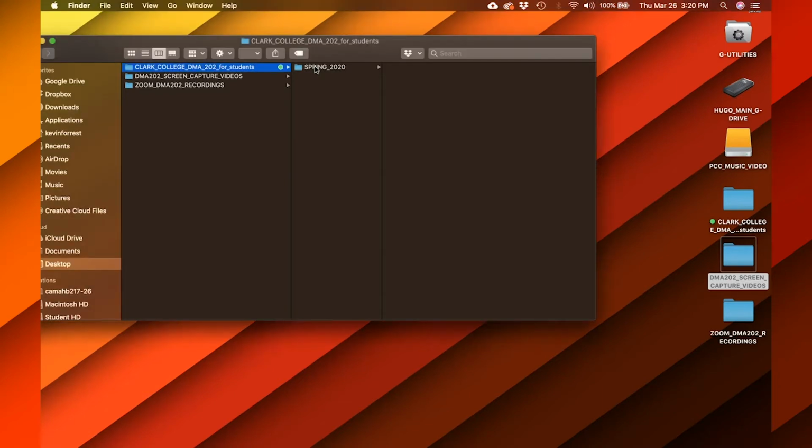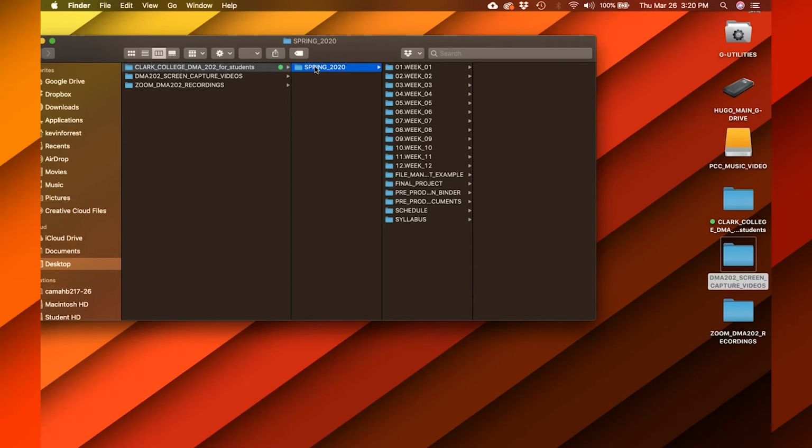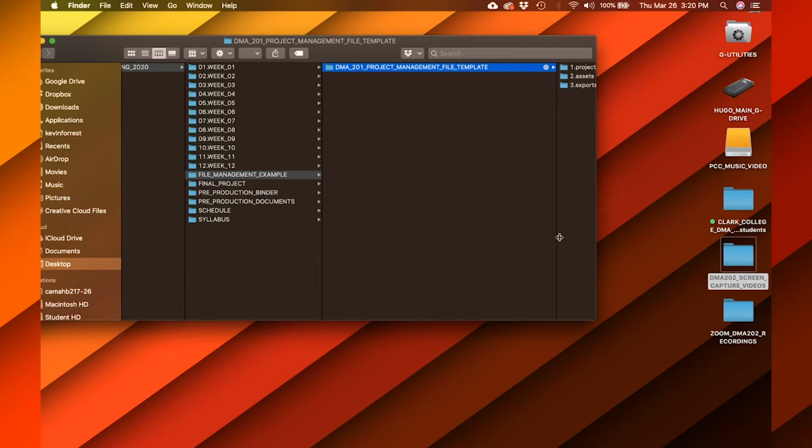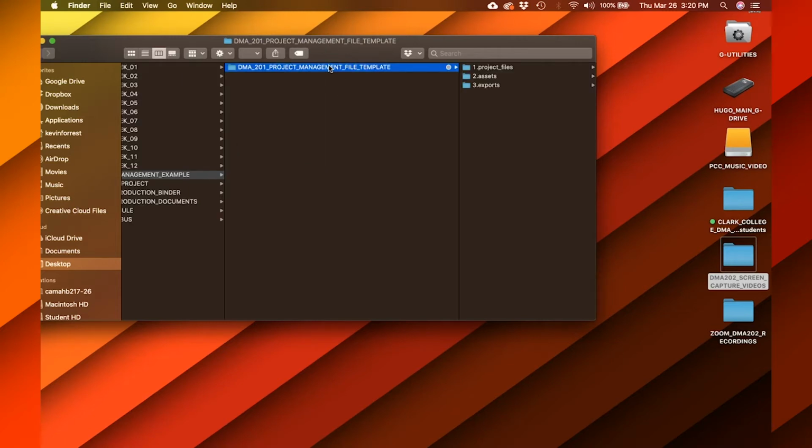So I have uploaded this to Google Drive and Canvas. It will be up there. As you can see, I'm going to a folder I have on my desktop called Clark College DMA 202 for students. Then in there, Spring 2020. Then I have File Management Example. And I can see in that folder there's a project called DMA 201 Project Management File Template. I'm going to take that and I'm going to copy it,